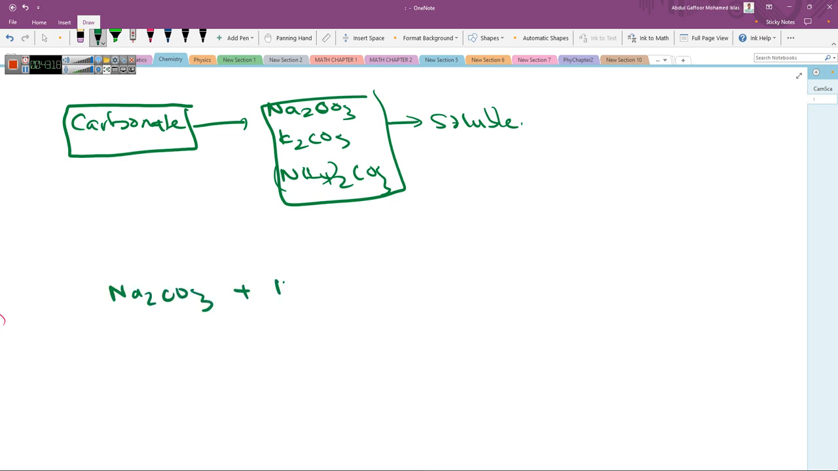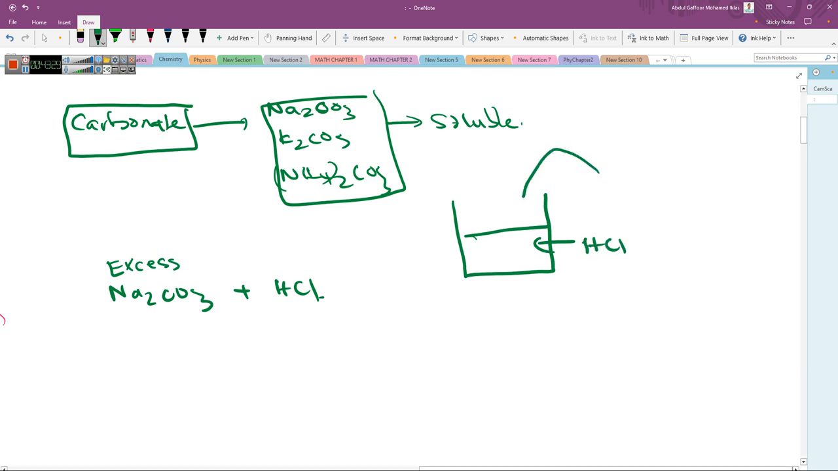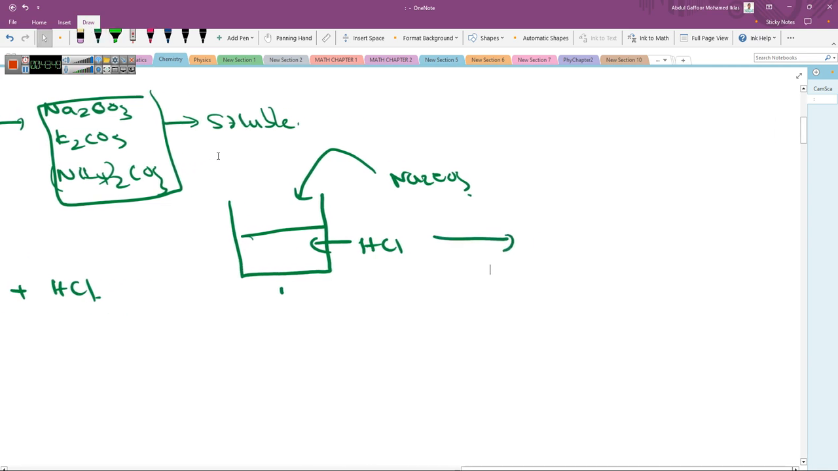Now if you take Na2CO3 and HCl, we have to take carbonate in excess amount, right? So we will just take HCl in a beaker and pour excess Na2CO3. We don't know how much sodium carbonate will be required for this reaction to happen, so we add excess. So in the system, at the end of the reaction, what we will have is,